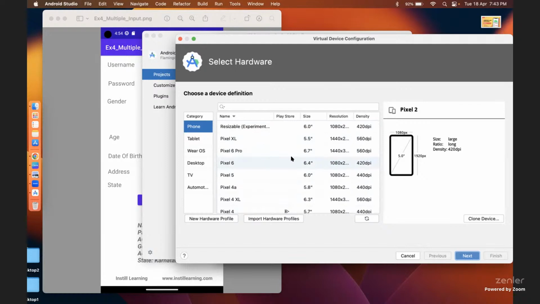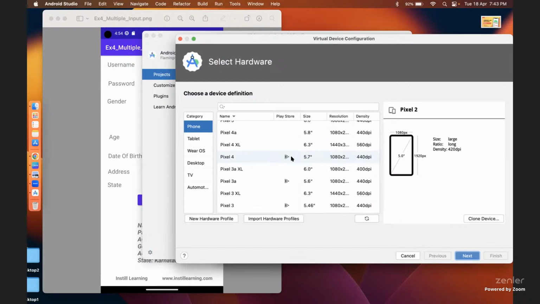And you can choose anyone, that's not a problem. But as per recommendation, you can always choose a lower end device so that the memory issue or your system will not get hanged. So there are lots of things, right? If you create a higher end device, then the resolution will also be higher and the density will also be higher of